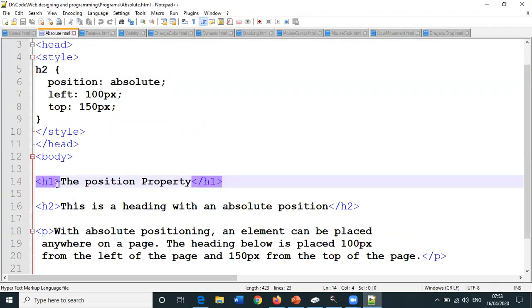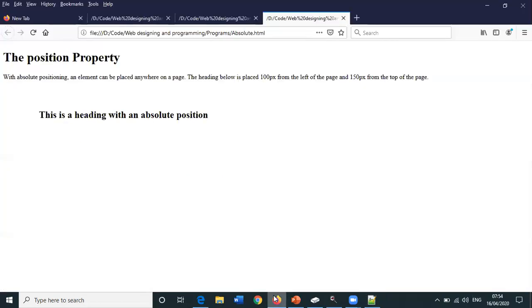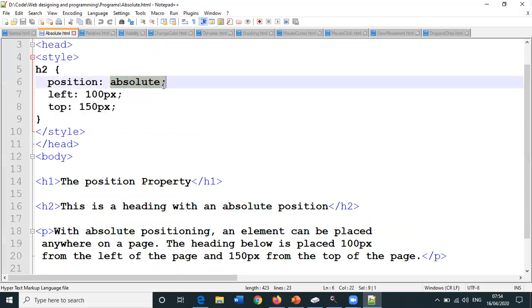So first we got H1, then paragraph, then H2, because H2 was shifted by these many pixels in our output. Why? We have specified the positioning as absolute.